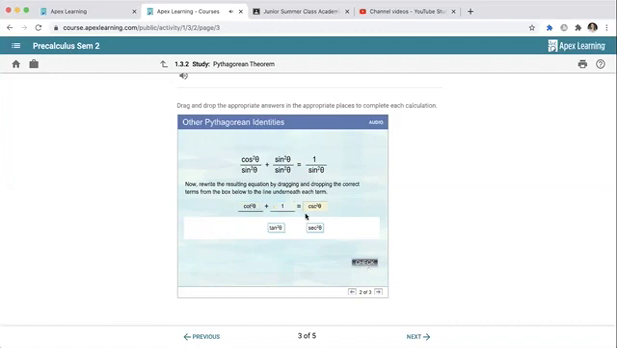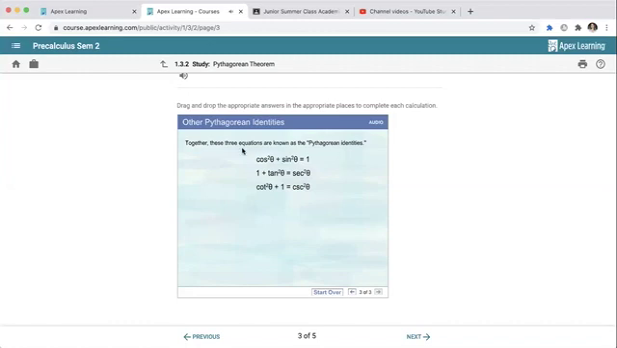Right? So I have now a third relationship. So these three are known as Pythagorean identities. All right, Pythagorean identities. And we're going to use these more moving forward here. But these are really, really helpful